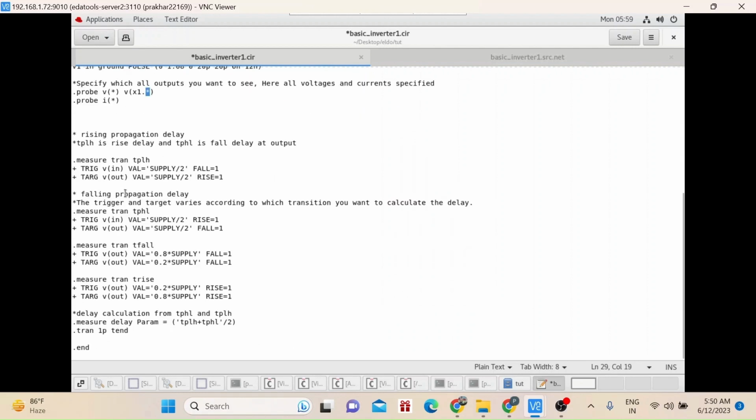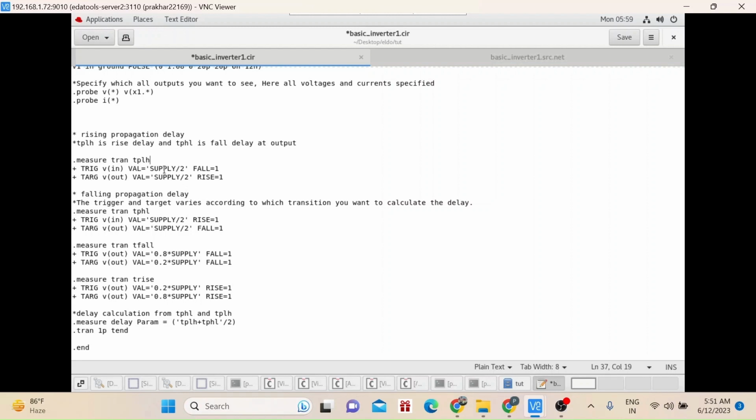Similarly, now the measure command. It is very important. So rise propagation delay. What is rise propagation delay? How to measure that? Just write .measure tran, because I am doing transient analysis, and TPLH. I have just named it TPLH. You can name it anything else also. So how to measure this? I am triggering on the input when it is falling. Falling means VDD to 0.